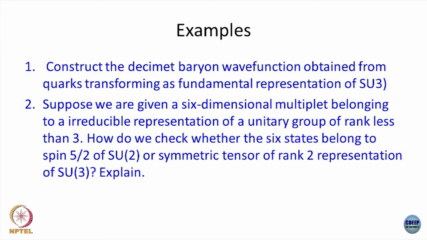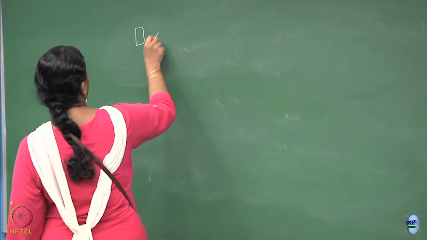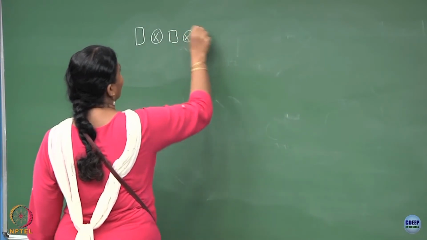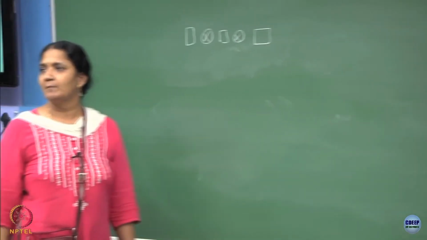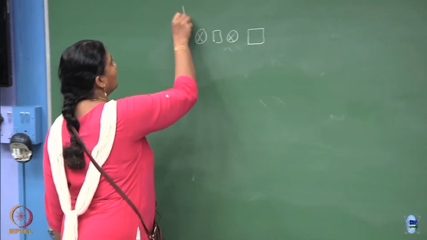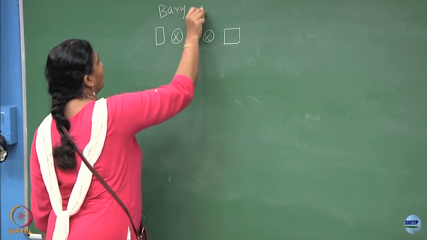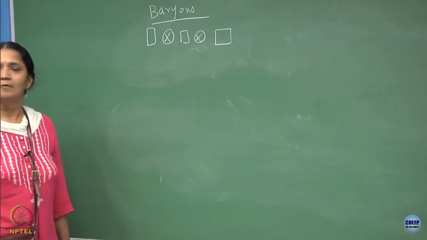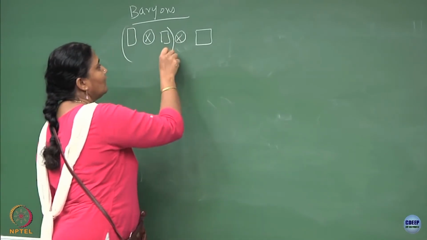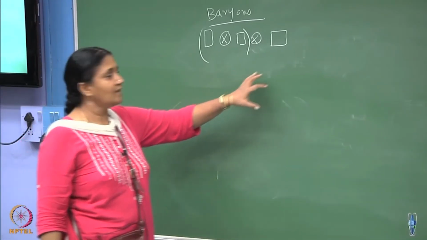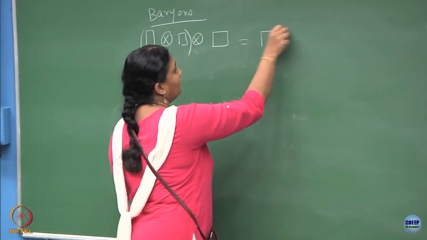So, the next problem, decuplet baryon wave functions. So, what was the decuplet? How did we find the decuplet baryon? So, baryons are made of 3 fundamental quarks which come in 3 flavors, up, down and strange, right. And then we denoted the baryons to belong to a tensor product of 3 fundamental representations. And if you try to compose it in 2 ways, first you compose these 2 and then this one, you get